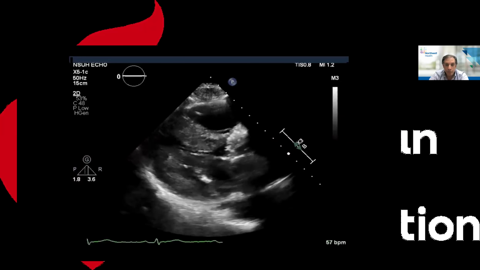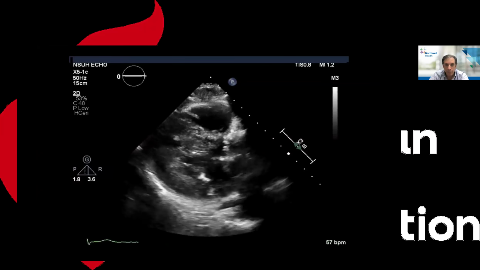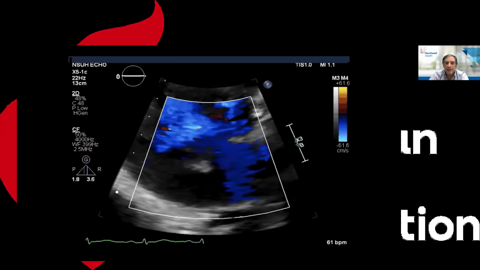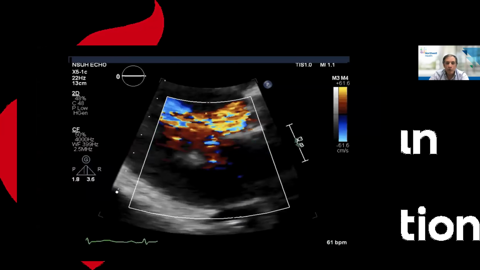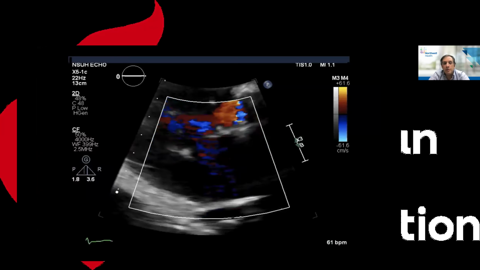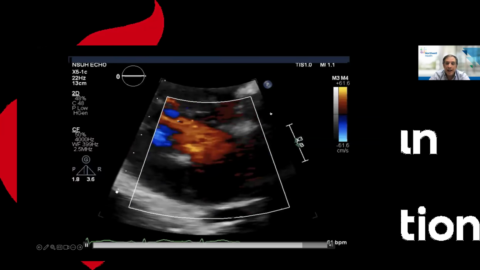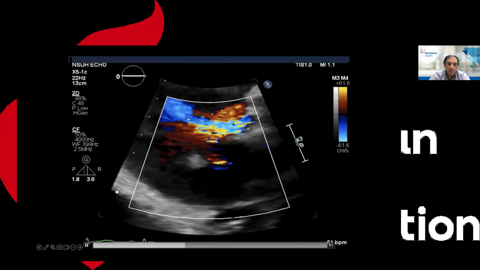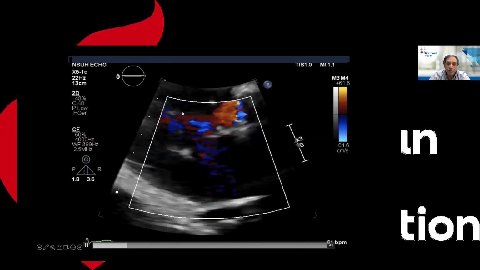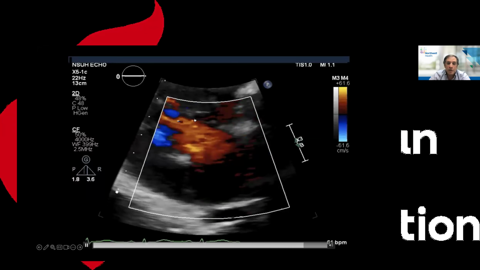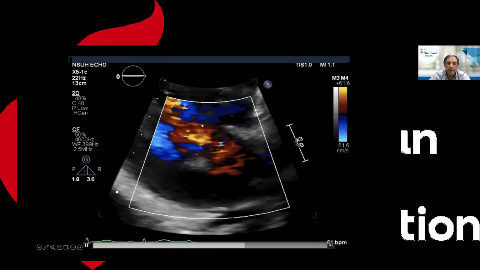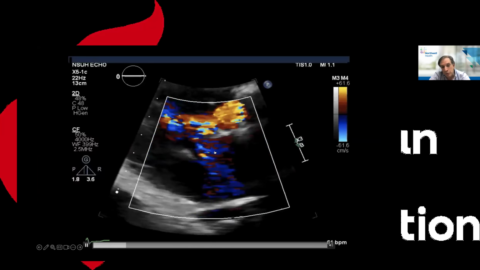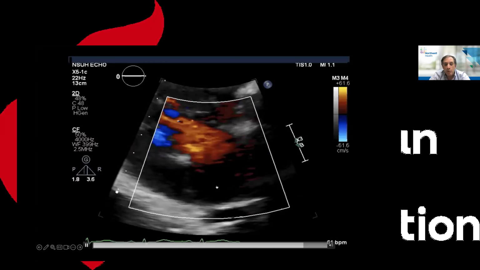So here's her pre-scan, just before the procedure. And this is immediately after the procedure. And look what's happened. All of a sudden, we have turbulence, but we no longer have turbulence at the level of the aortic valve. We now have turbulence before the aortic valve, somewhere around here. You can see where the color turbulence starts, where the mitral valve might be, say, hitting the septum. And there's also this new jet of mitral regurgitation, which is headed posterolaterally.